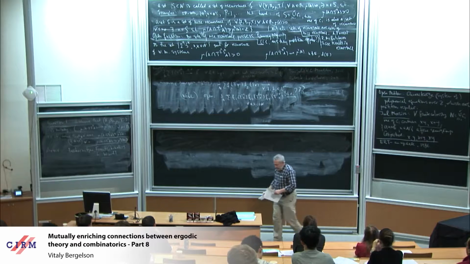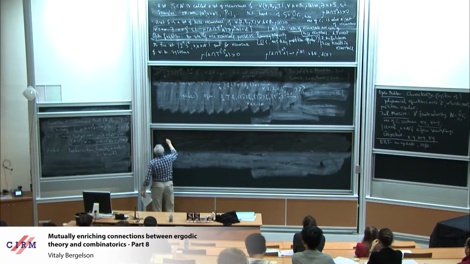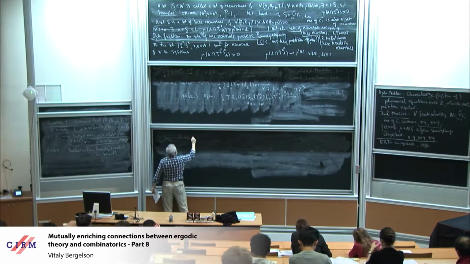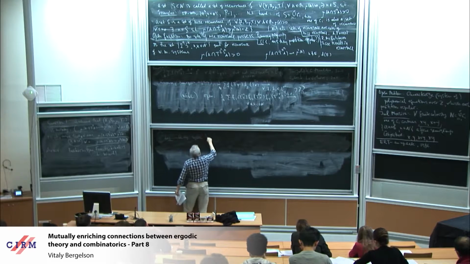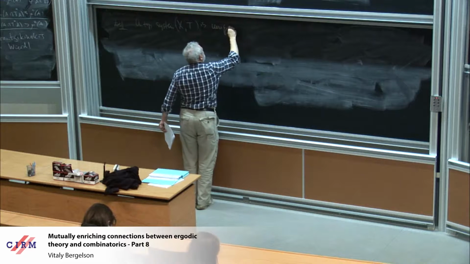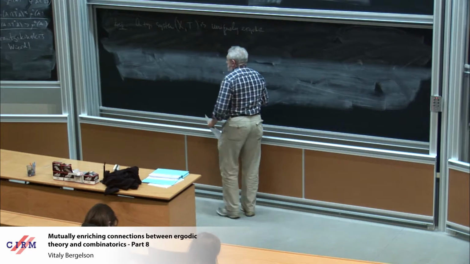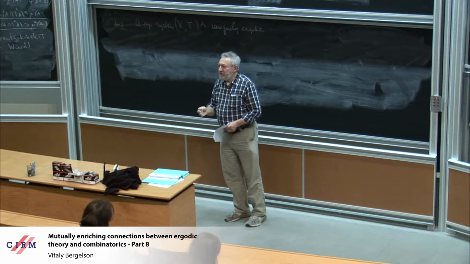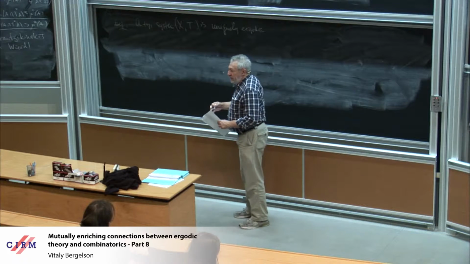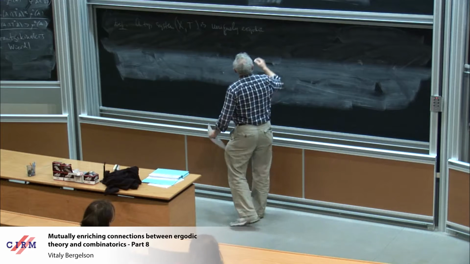Okay, and so here's another interesting thing. So this is a definition. A topological system (X, T) is uniquely ergodic. Well, you could guess that it's uniquely ergodic if there exists a unique invariant measure. But equivalently, and that again goes back to the works of Oxtoby and Furstenberg, uniquely ergodic if